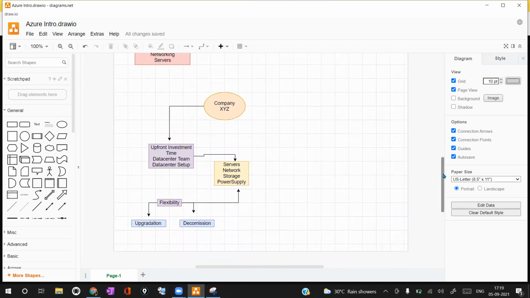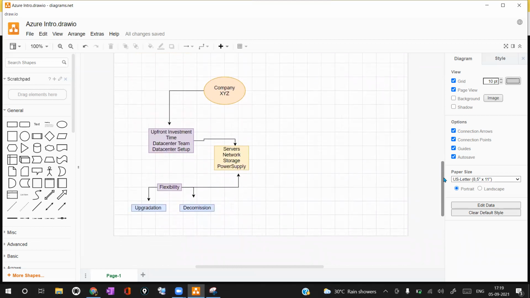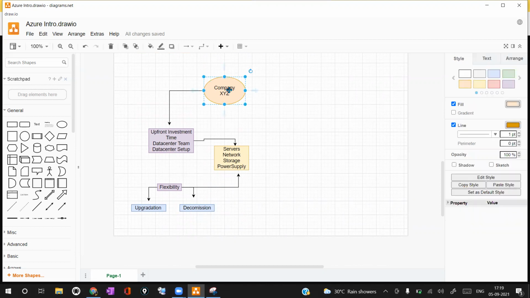If I take a simple example to talk about the advantages of using cloud computing: Azure is one of the cloud computing platforms. Microsoft is one of the cloud service providers, and its cloud services are called Microsoft Azure. So if I talk about a typical data center scenario, what will be the challenges and how can those challenges be taken as an advantage of cloud computing?